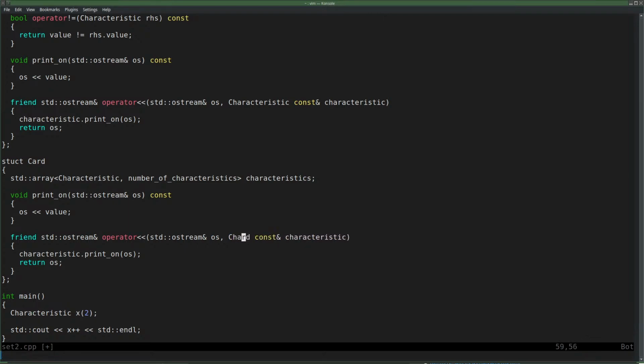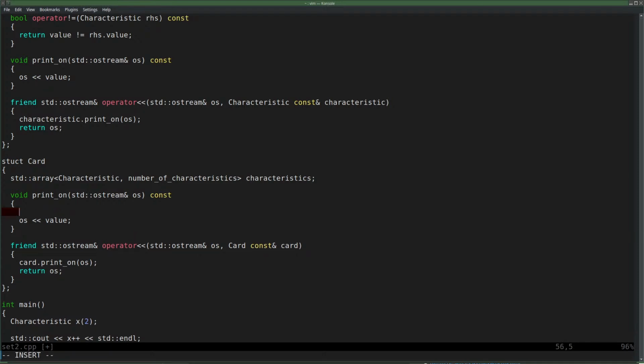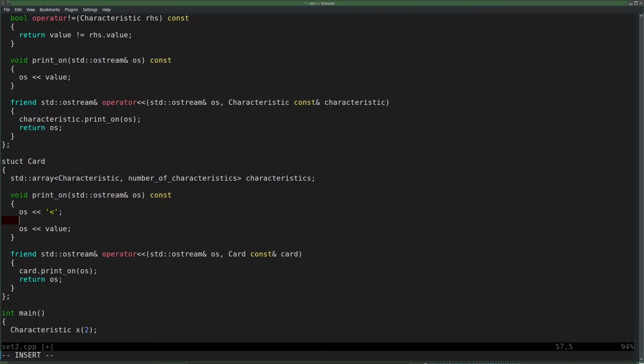God. Let's print a card like that. A bit random, but